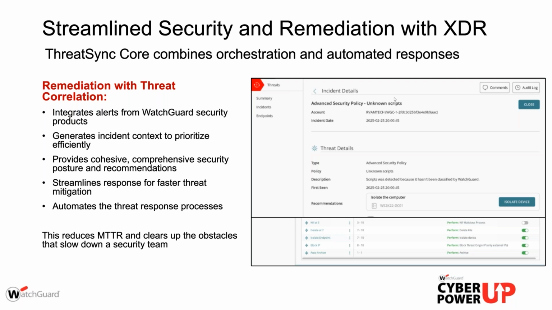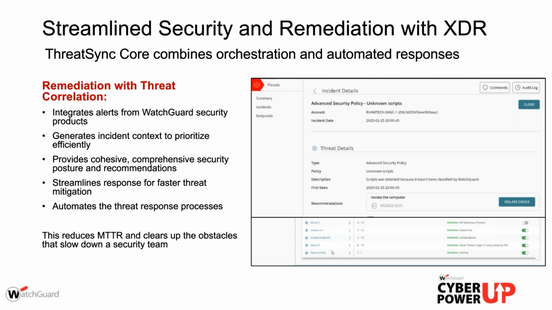Now, as you could see, I could easily isolate the computer manually as soon as I see that incident detail. However, down at the bottom, you can see those remediation policies and the ones that are turned on. So I can see that if it's scored between a 7 or 10, there is a perform delete file if there's a malicious file involved. There's an isolate device, there's a block threat origin IP, and then as well as the ability to auto archive